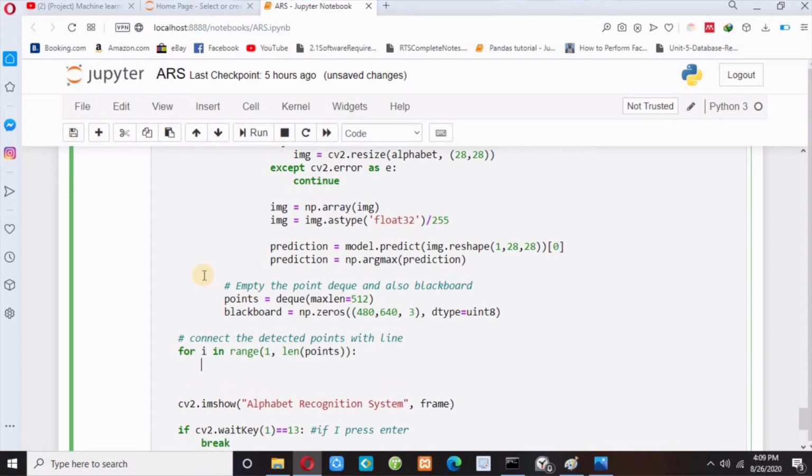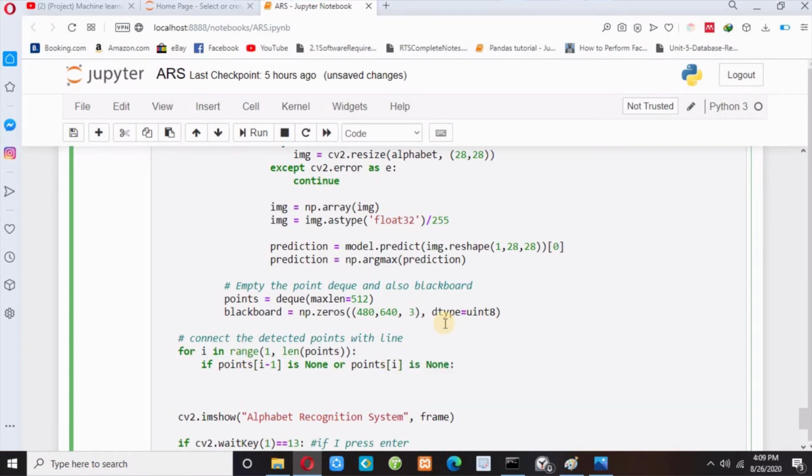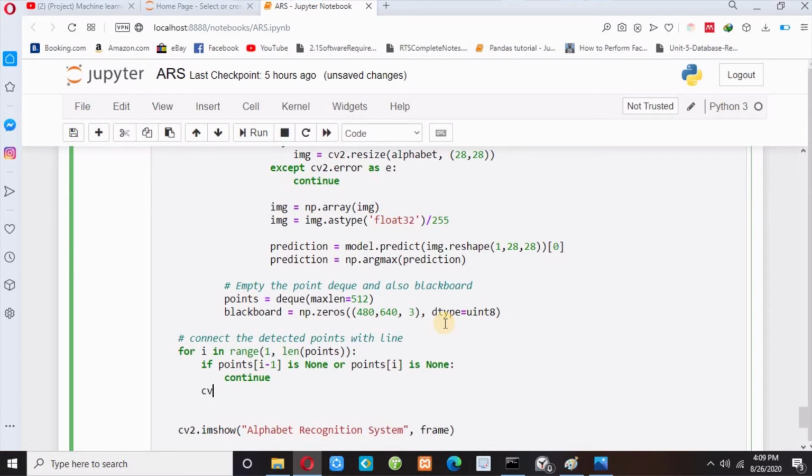I have to write: if points[i-1], meaning the previous point, is None, or points[i], meaning the current point, is None, then do nothing, just continue. And if it detects points, then draw a line over here. So cv2.line, I need to draw a line in the frame. I have to pass the previous point and the current point.